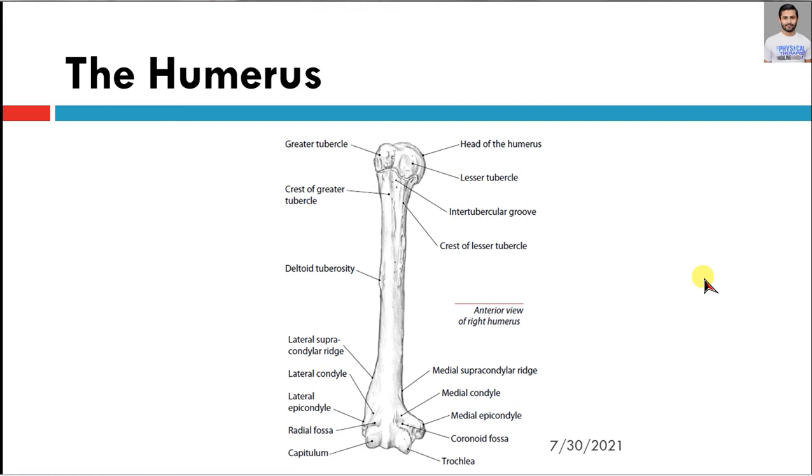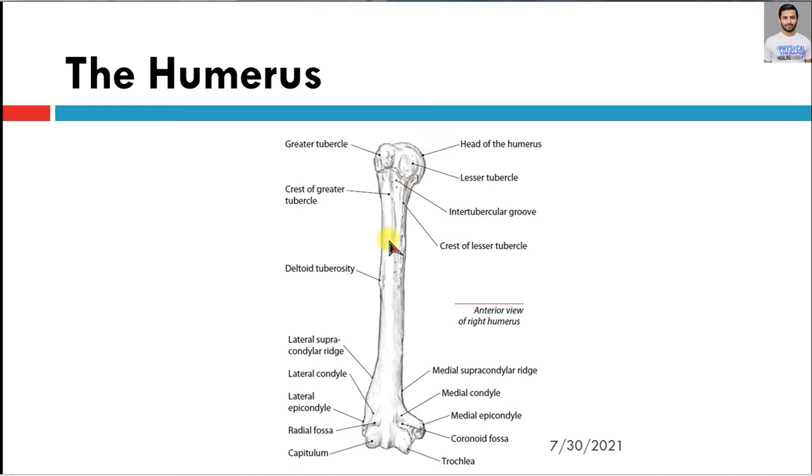Talking about the humerus, it is one of the long bones in the body. There are about 3 to 4 features that are very important clinically as well as anatomically for palpation that you need to remember: the greater tuberosity or the greater tubercle, the lesser tuberosity or the lesser tubercle, and the intertubercular groove. Then you have the head of the humerus. All of these structures are very palpable. The shaft of the humerus, and then there is this tuberosity, which is called the deltoid tuberosity,